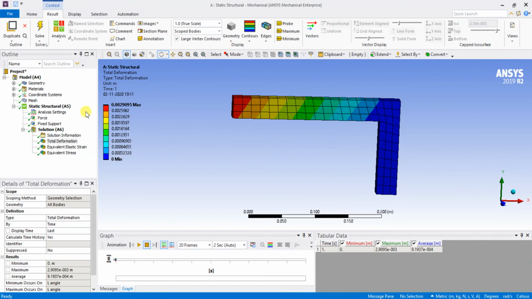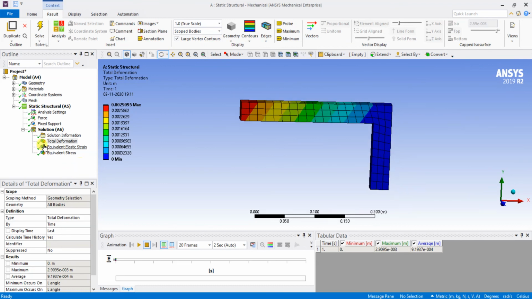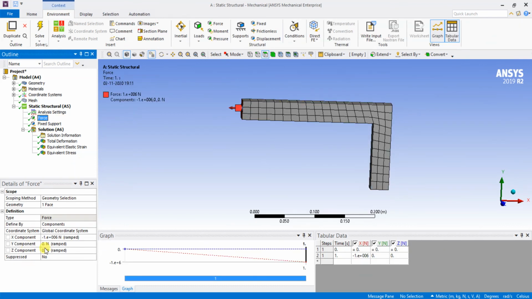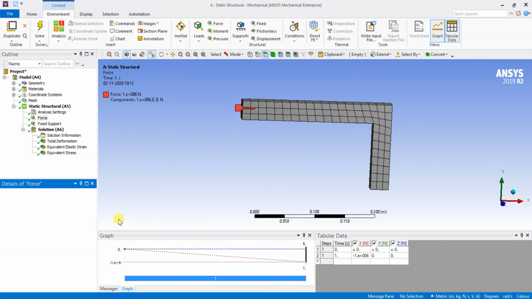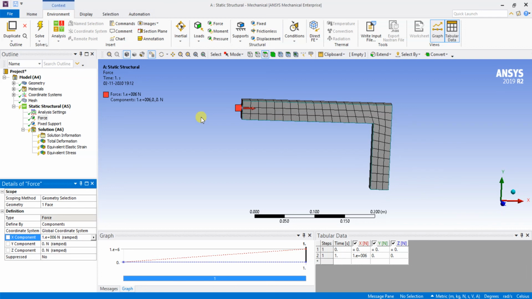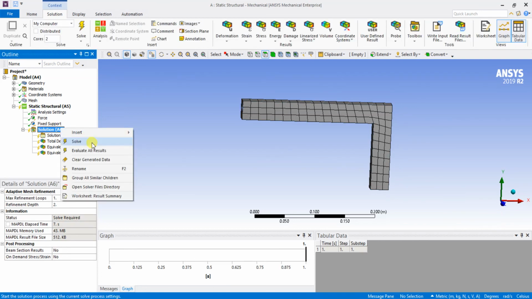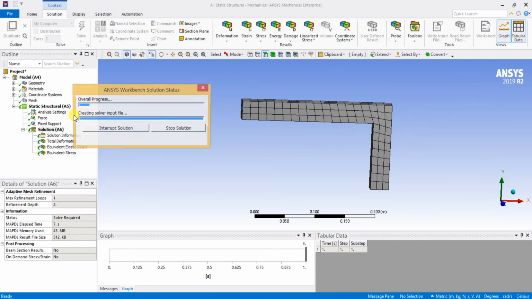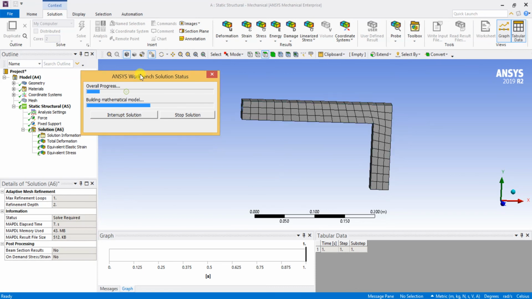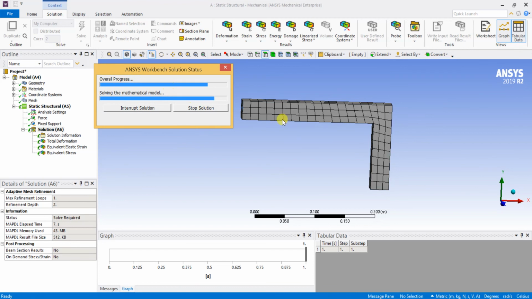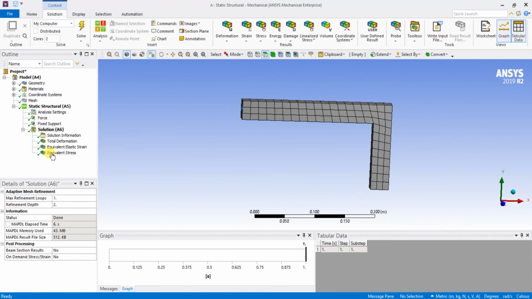You can see. Similarly, I am going to give a compressive load. That is, I am going to give a positive value so that the load will be compressive. Okay, this is a fixed end and the load is going to be compressive. I'm going to solve the same conditions. We are simply changing to a compressive load. You can see the problem is being solved in the background. You can see the status of the solution.